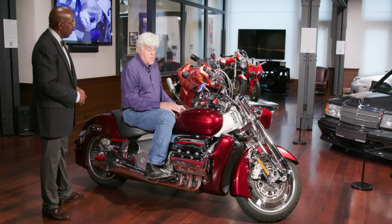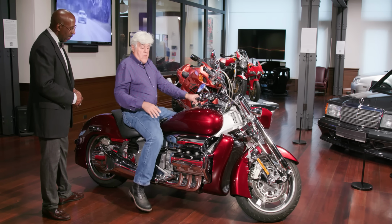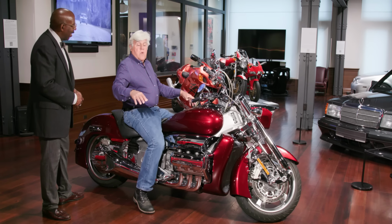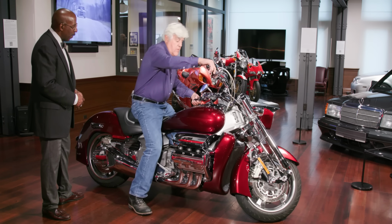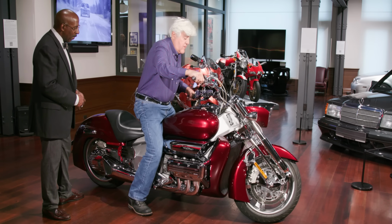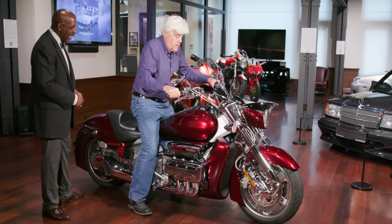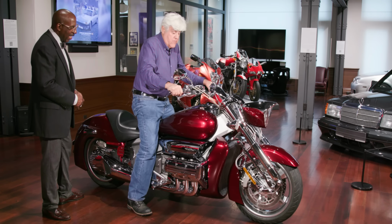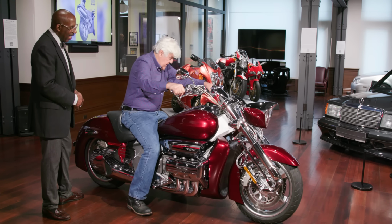You know, the problem with motorcycles, the reason a lot of women don't ride, is their legs are too short. And if you have to come to a light, with this you've always got both feet on the ground. Now this weighs half a ton, okay? Is that locked? No, it's not locked, okay. But you can maneuver this around because your feet are flat on the ground. When I get on it,